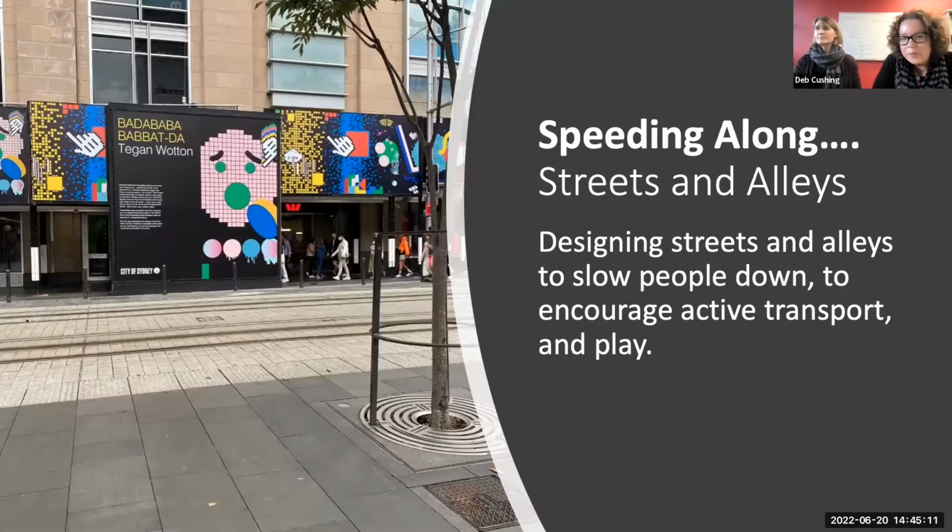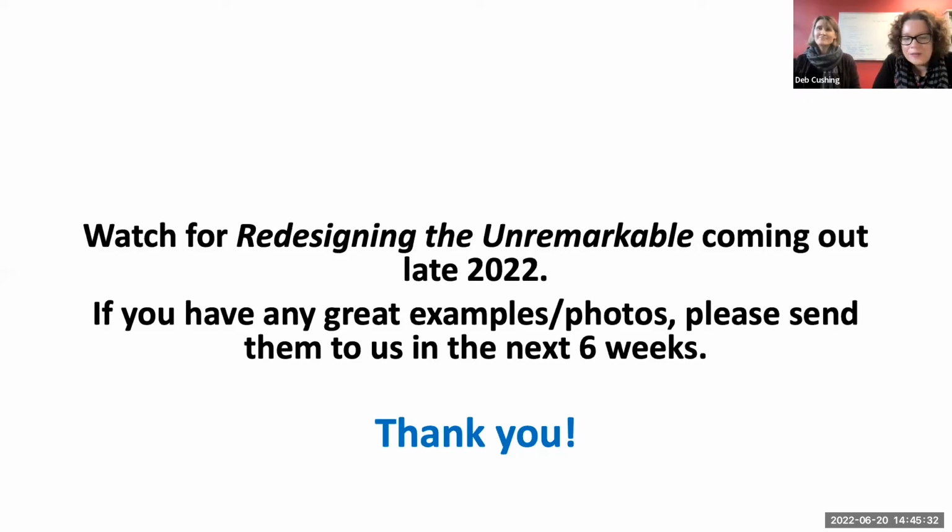And finally, we've got streets and alleyways. I think we all know the importance of redesigning those as spaces for children, slowing down the speed of cars, and reclaiming that space so that it's for people and places, and not just for transport. It's about redesigning the streets so that people want to walk to school and are out there playing rather than dodging cars. So that was a 15-minute race through the narrative and rationale for our upcoming